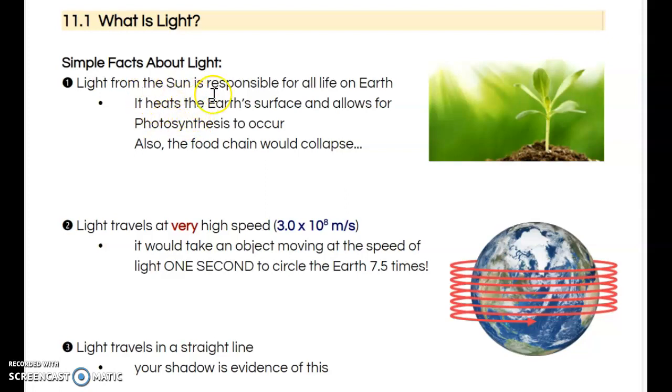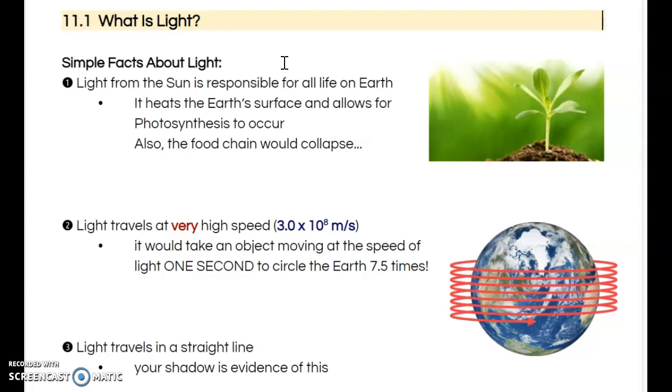Okay, so some simple facts about light. One, light is from the sun, and it is responsible for all life on Earth. It heats up the Earth's surface. We wouldn't be able to be here because the Earth is in a zone called the habitable zone where light provides that heat that is appropriate for us to survive and for animals and plants to survive. Also, if it wasn't for light, there would be no ecosystems. There would be no food chain. The whole food chain would collapse because photosynthesis wouldn't occur. So light does provide us with a lot of different benefits,